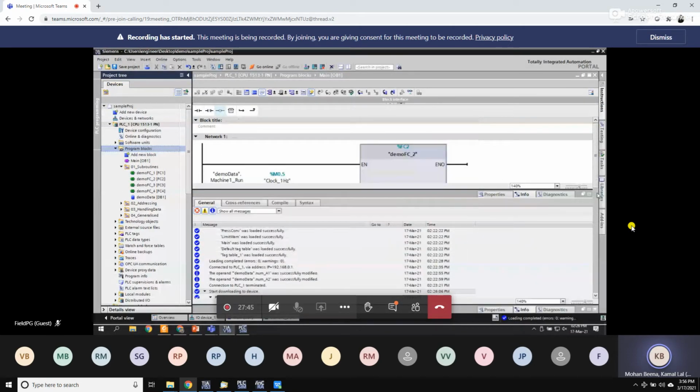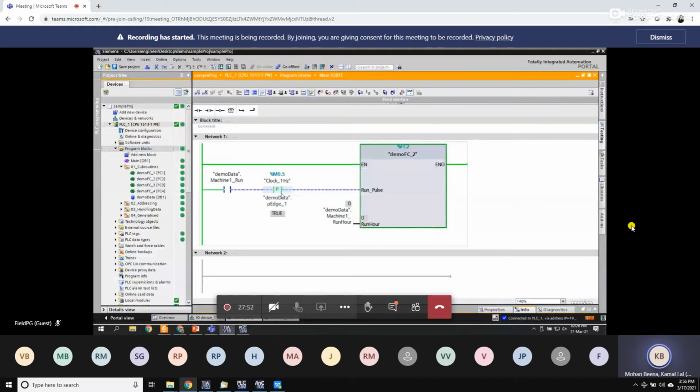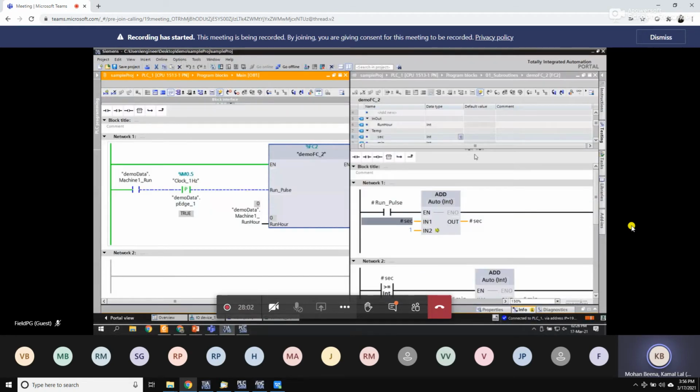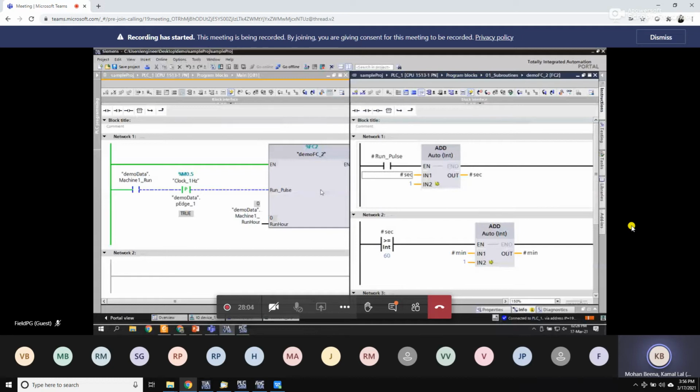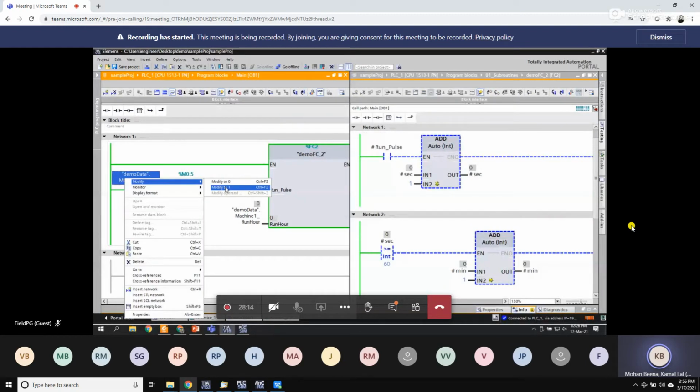Load. Okay, so here monitoring will be a little bit tricky because since I'm taking a positive edge, I might not be able to see that pulse going in. But anyway, let's give a try. So if I split the screen up and monitor this block as well, what you see here is I'm going to make the run feedback on. So when I make it on, ideally, I should have got the second variable incrementing here. But